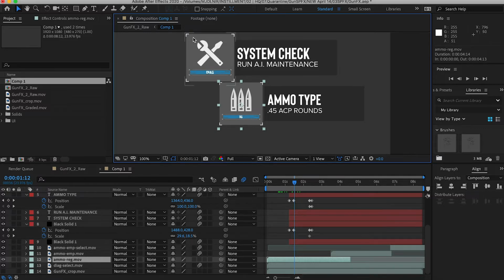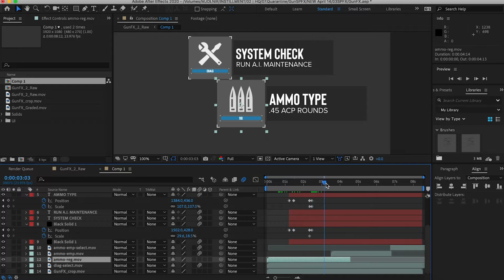Sure, why not? Went ahead, did a diagnostic box. I came over here, ammo type. I figured that was cool. I took inspiration from the Deus Ex video game, which also has a similar gun heads-up display feature. But I said, you know what? I want to show interactivity throughout this video, so I'm actually going to make the ammo type switch, which it